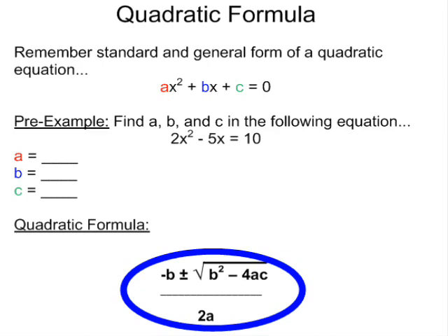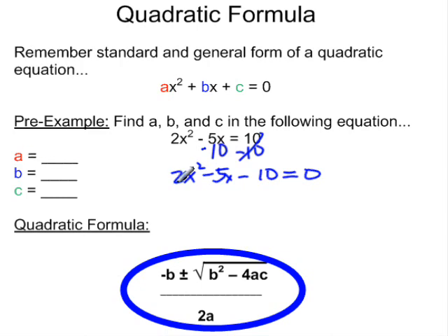Okay, so we're given this equation, 2x squared minus 5x equals 10, but the problem is we need it as equals 0. So we're going to subtract 10 from both sides. All right, and that will get rid of that. So I'm left with 2x squared minus 5x minus 10 equals 0. Okay, so we pulled it across. Now we have it in standard form,